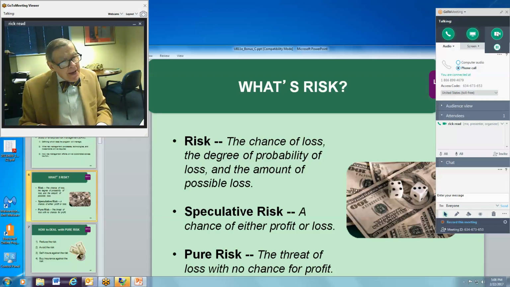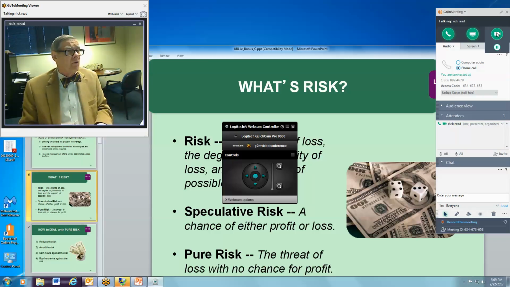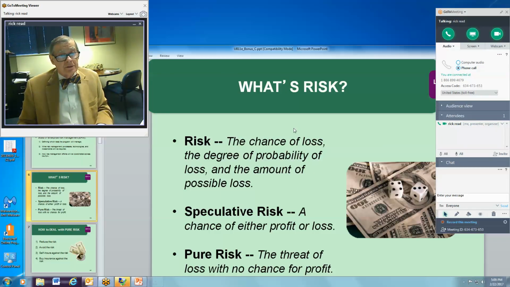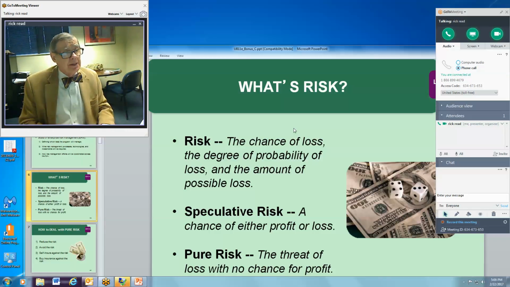A speculative risk means that you have a chance of either gaining or losing. You might make a profit, you might lose. In the stock market, somebody talked about not understanding why we would invest in the stock market. Well, you'd invest in the stock market to increase earnings. The only thing about investing in stock markets is you need to understand that those investments are not insured by the United States government, like your passbook accounts and your certificates of deposit at your local bank or savings and loan association. And so there's a risk.